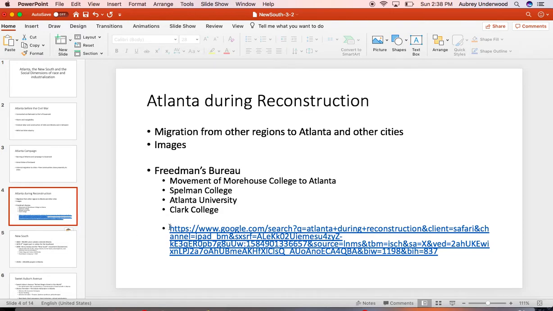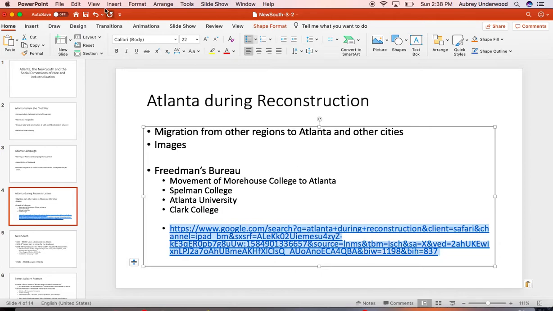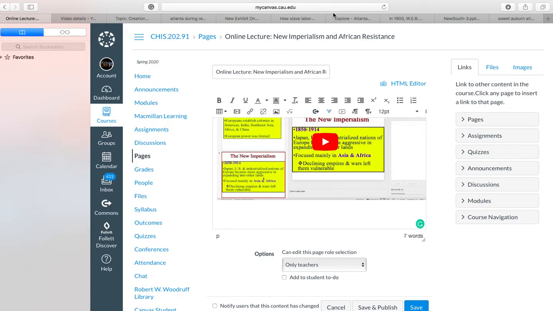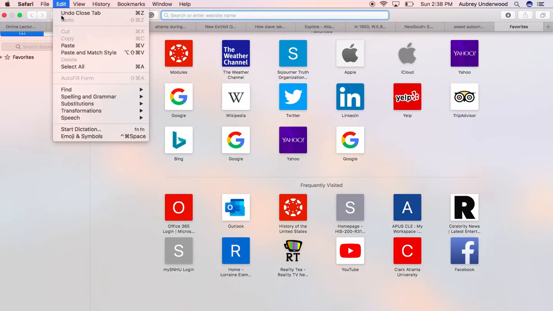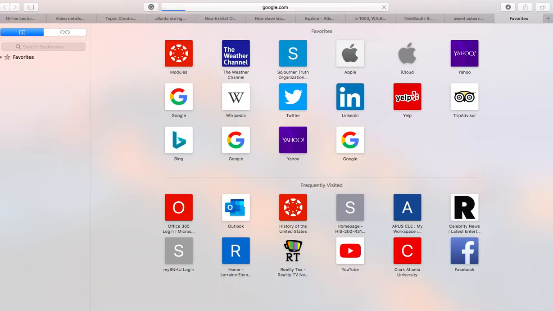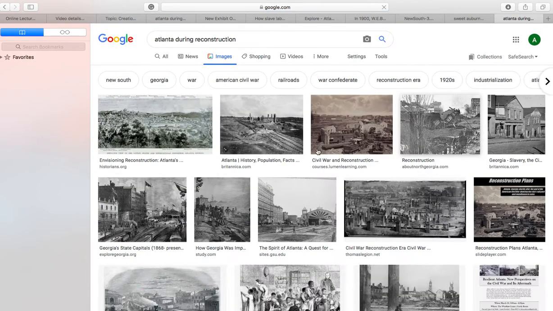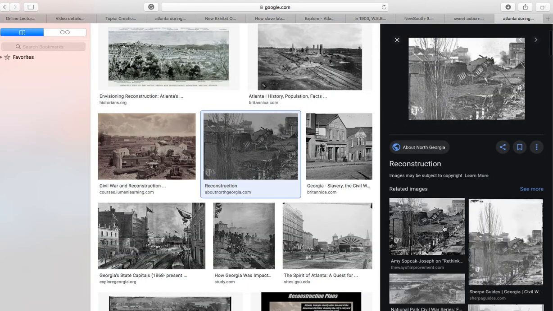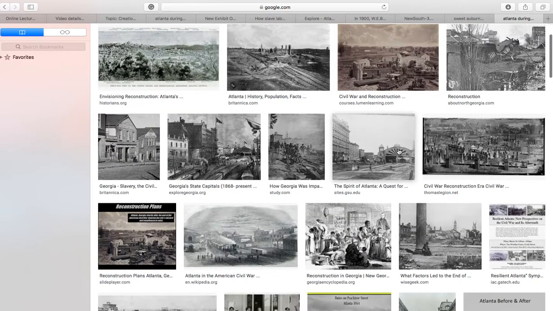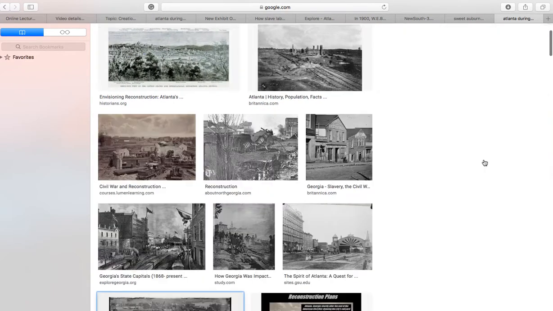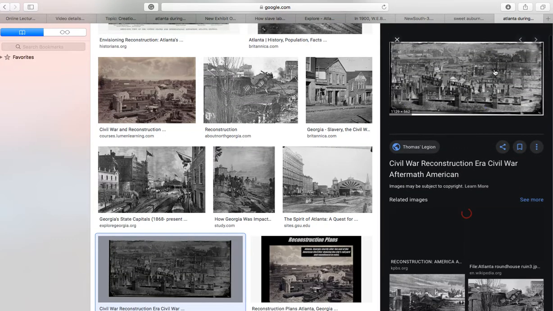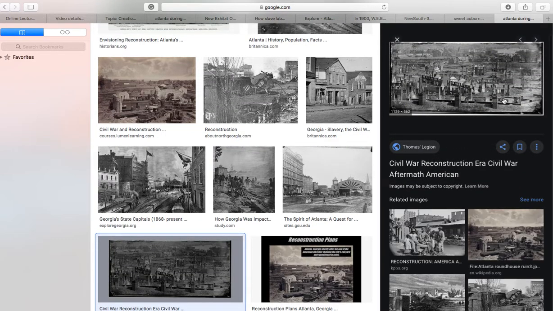There are some excellent images that we could look at to really bring some of this to life. And as you know, I like images. I think they're helpful in understanding and applying historical ideas. So Atlanta has been burned, right? So the idea of reconstruction really takes on this momentum of how to do it, what Atlanta is going to look like. And this is an example, I think, of the cemetery.